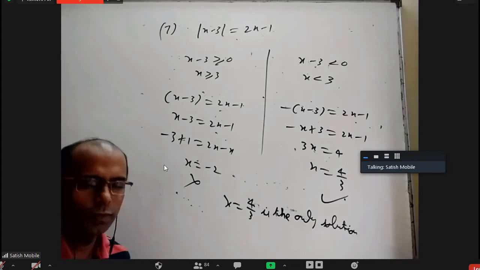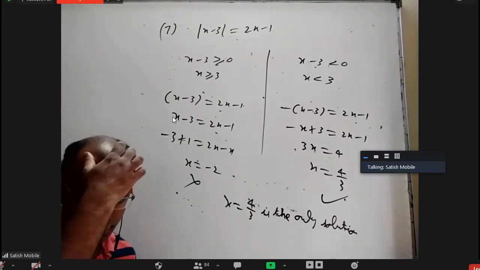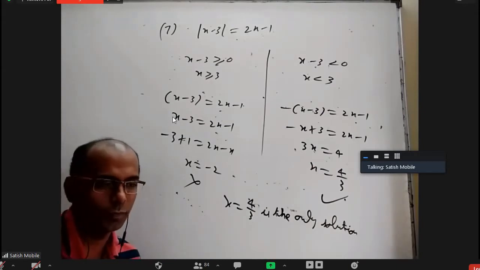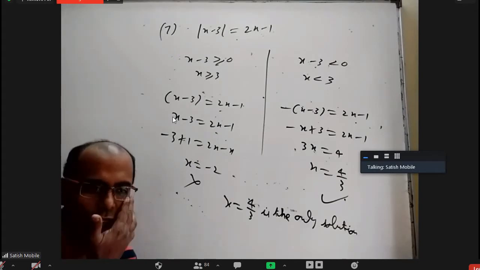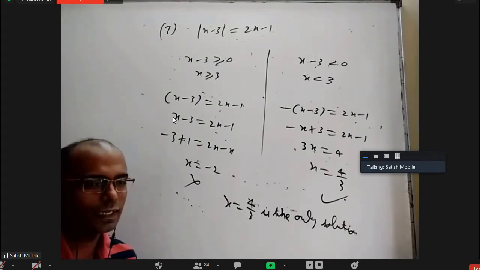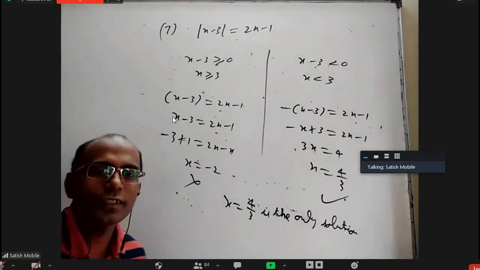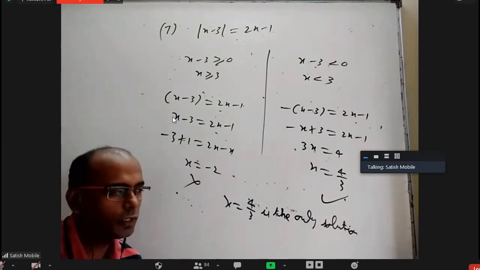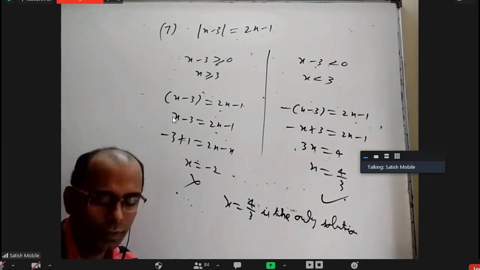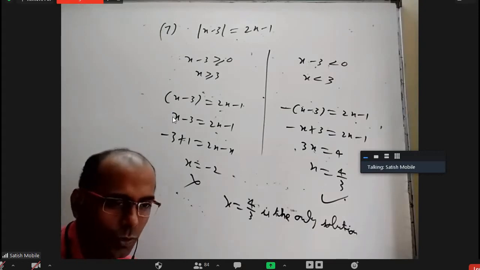Another thing, it may not be required to tell you at this stage, but in the future when you write actual mains or advanced exams, you have to read instructions carefully. In my previous experience, I can think of 2 students who may be seriously at risk, not because their subject is poor, but because they did not read the instructions carefully. There is one boy, he is a very good student, reasonably. He got around 800 odd rank in IIT JEE Advanced, and is studying in IIT Kharagpur right now.